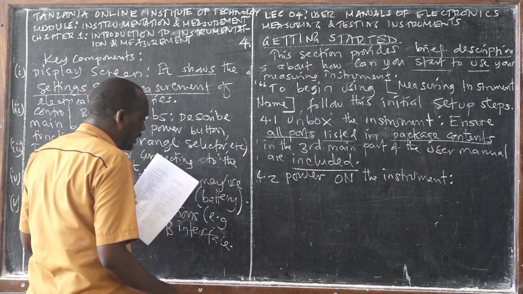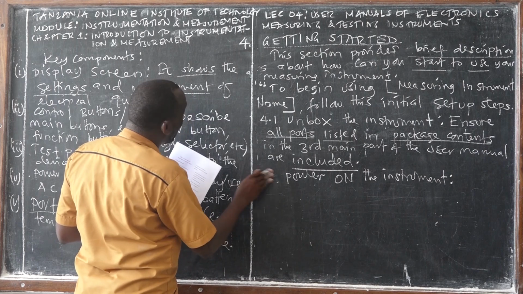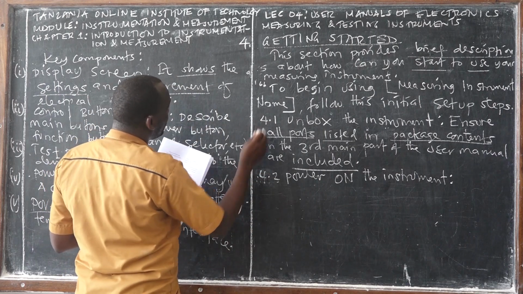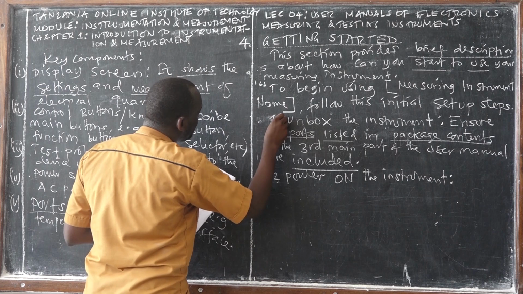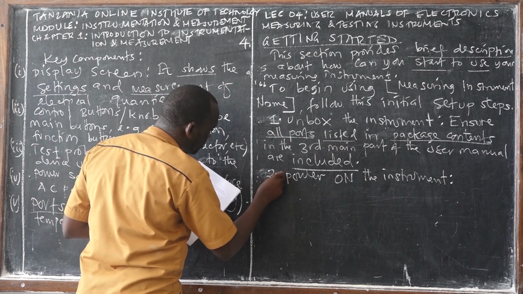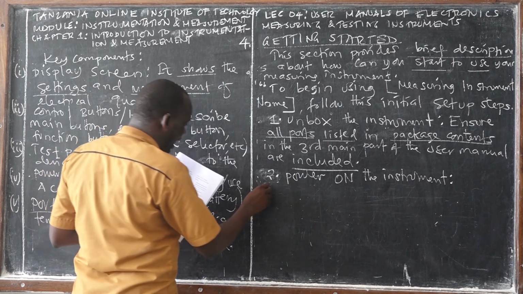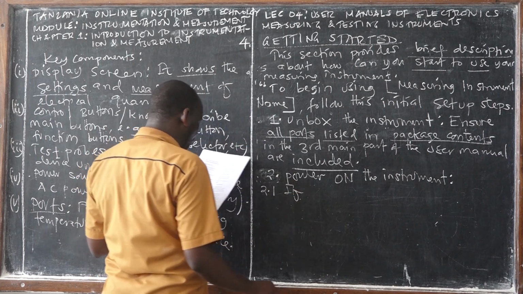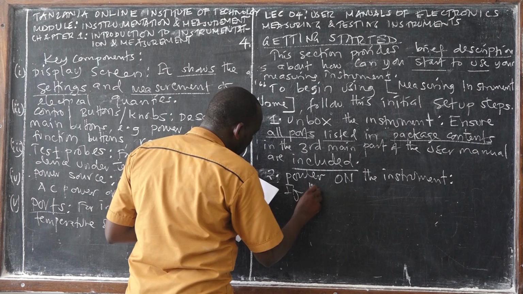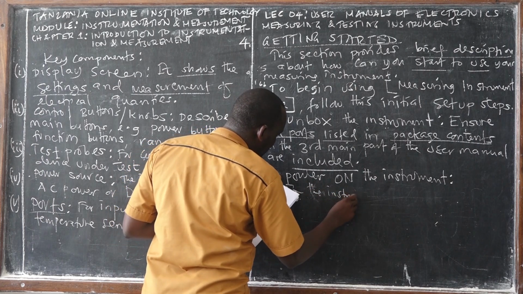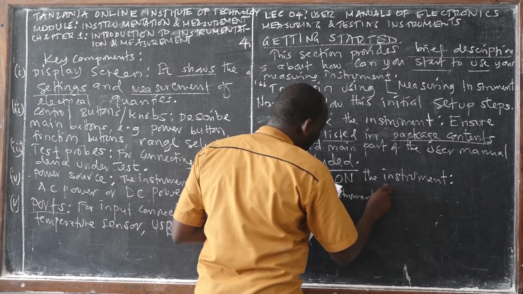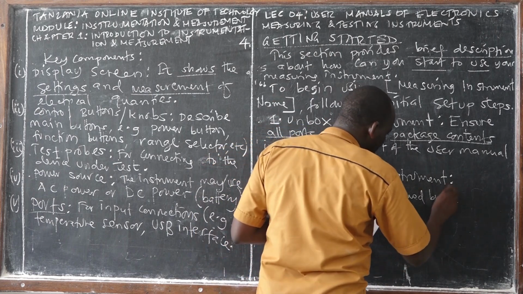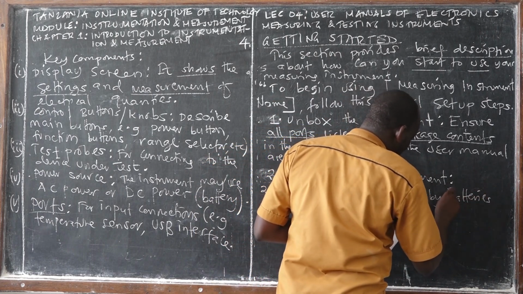Well, this is what you expect to get from the manual. So this is number 1, sorry, and this is number 2. Then we say that the following are the steps that you have to follow in order to power your instrument. If the instrument is powered by batteries, like the digital multimeter which I've demonstrated to you,